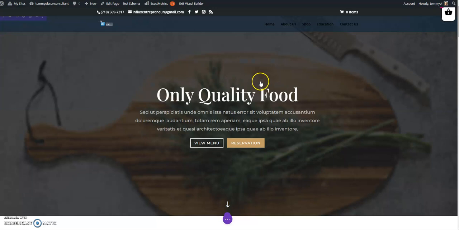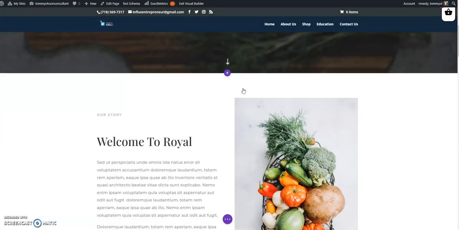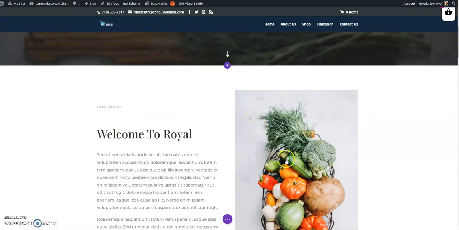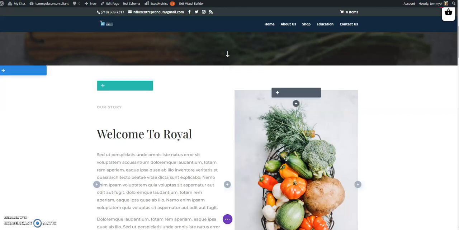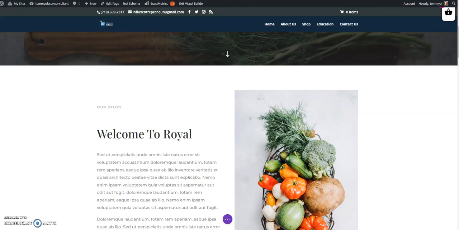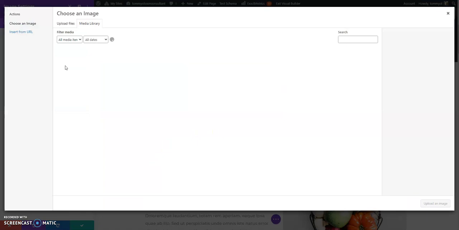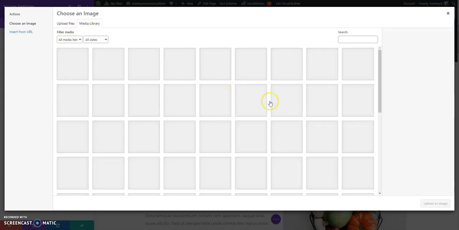So here's your page now, and you can edit it and manage it any way you want. If you want to choose another image for it, then you just choose from the library or upload a new one.